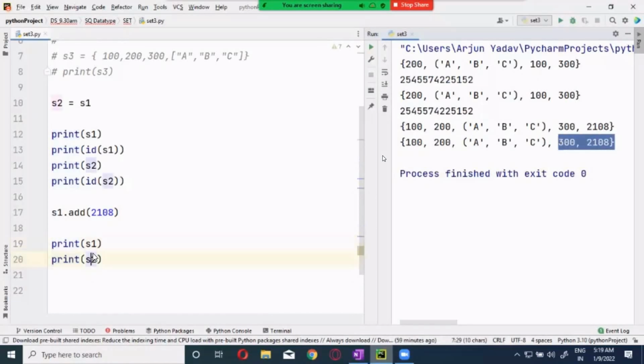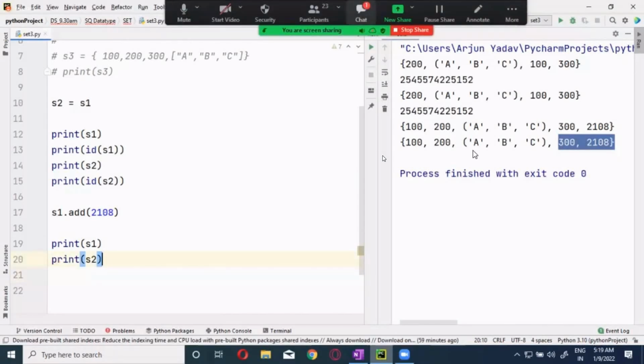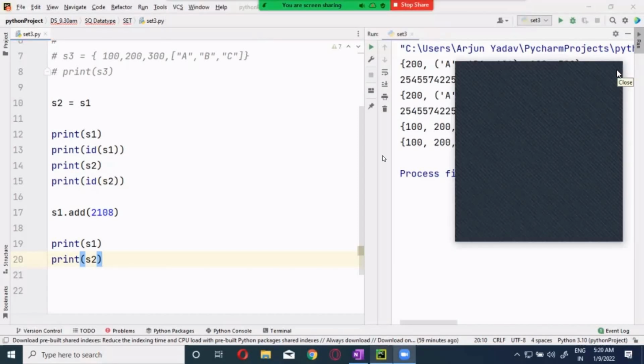Now the deep copy is not possible. If you want to deal with this one, we have a shallow copy. Is it possible? Yes, it is possible.